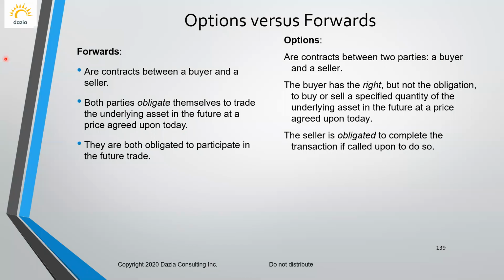So now we talk about options and forwards. These are again types of derivatives. In the case of the forwards, these are contracts between a buyer and seller, same as the options. In the case of the option, we mentioned that in the call and the put, the buyer